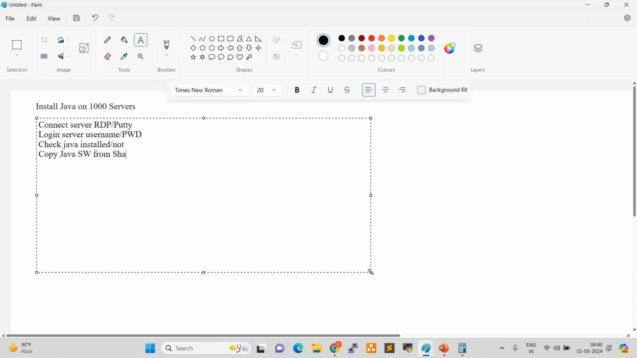What is a share folder? A share folder is where all the packages are available. Exactly. In real-time projects, we don't use pen drives or CDs, and USBs will be disabled. That is why we need to copy the software from SharePoint or a share folder into the target server. After that, we can install